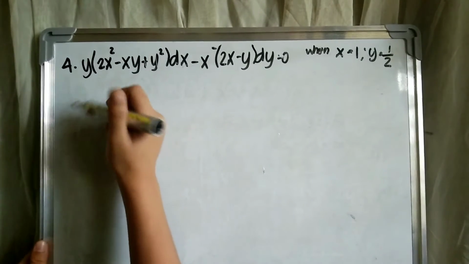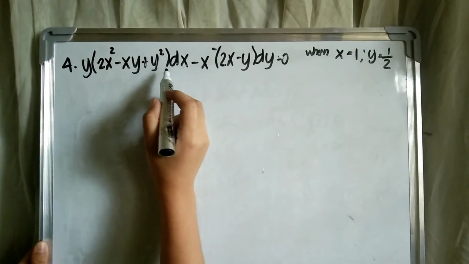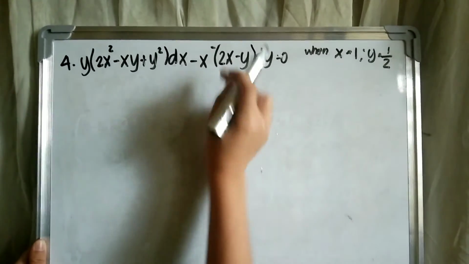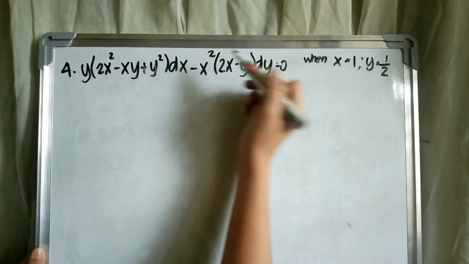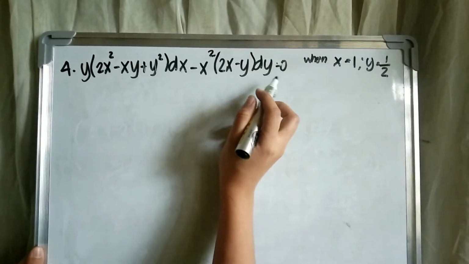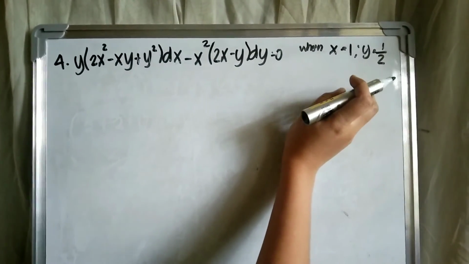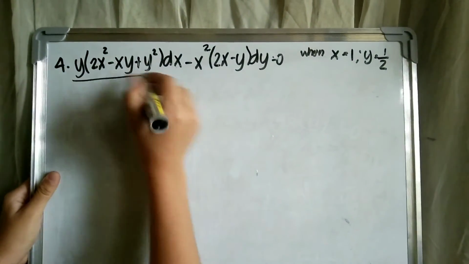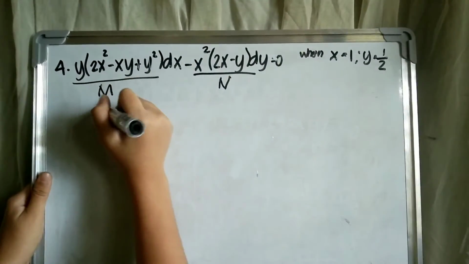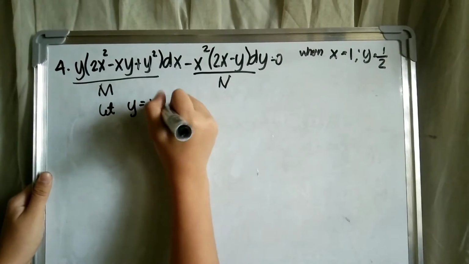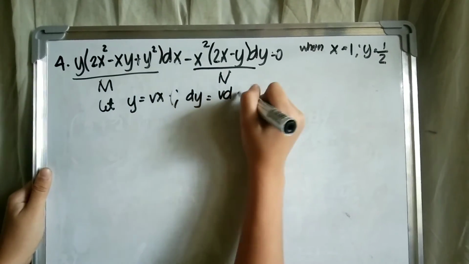So this is our last example. y times (2x squared minus xy plus y squared) dx minus x times (2x squared minus xy)... x squared times (2x minus y) dy is equal to 0 when x is equal to 1 and y equals 1/2. So this is our M and our N. Since our N is simpler, we let y is equal to v of x,